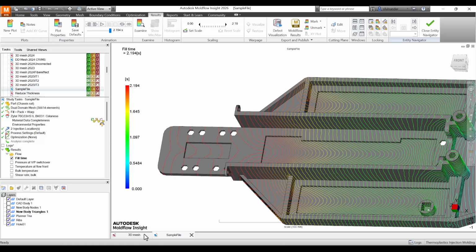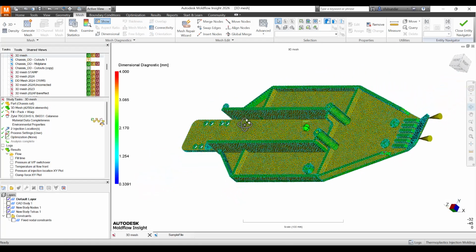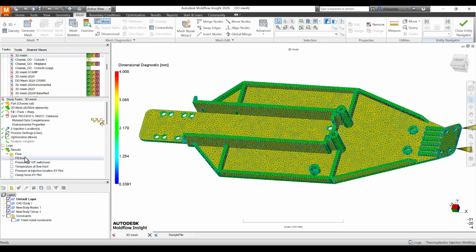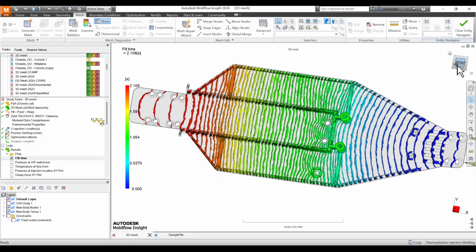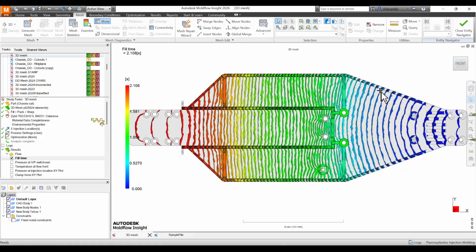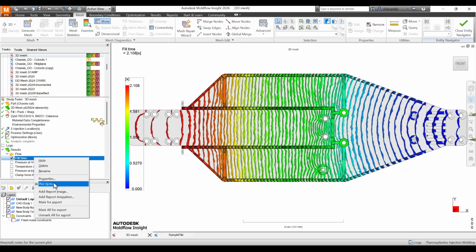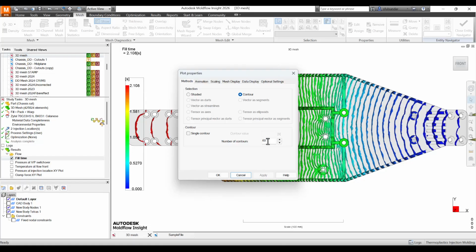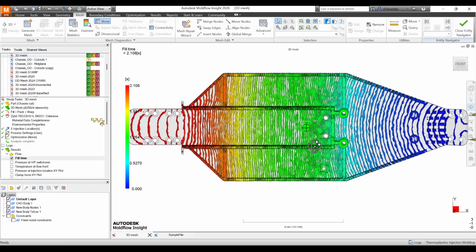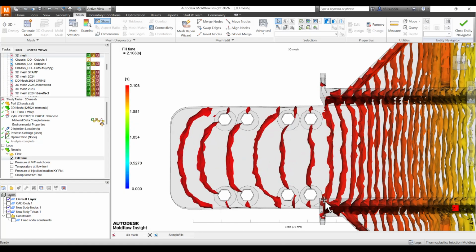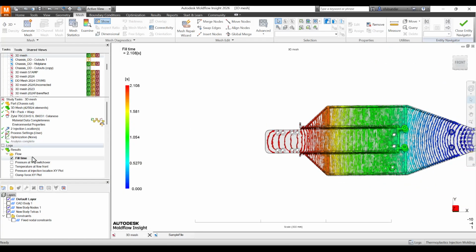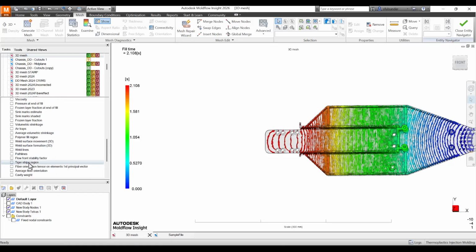Now I have changed the wall thickness. I made it uniform. There is no change in the thickness now. And if you look at the contour plot in 3D also, you can see that now the flow is much more uniform, much more advancing, but you can now add a few more contours to see the effect. Yes, the flow is much better as compared to the earlier, but as it progresses toward the end, the flow is advancing. Now if we look at the other defects, like the tiger stripe is also one of the effects,